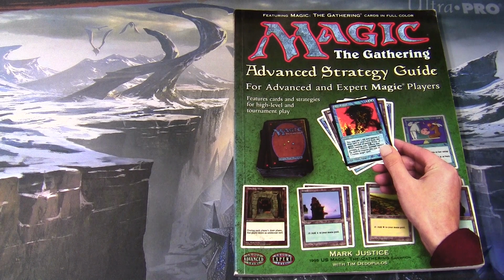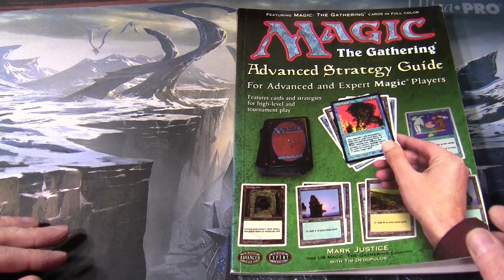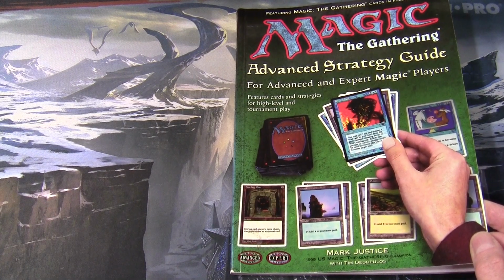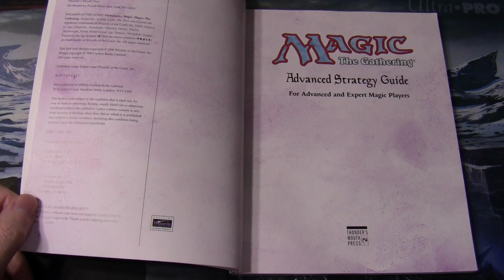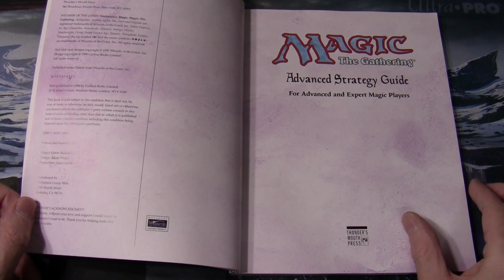This one has been put together by Mark Justice with Tim Dedopulos, I think that is. Sorry about mangling the name there. And of course, not surprisingly, we can tell by its title, this is a more advanced guide for expert Magic players. And this came out a year later from the one I looked at in the previous video, the official strategy guide. This one came out in